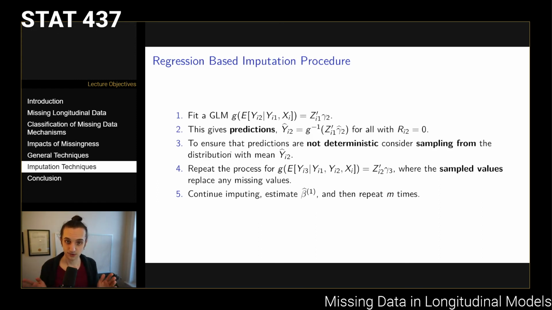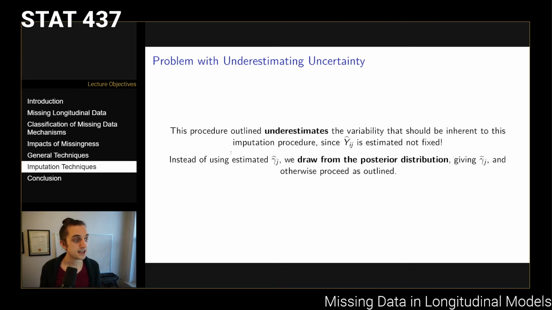Now, the problem with what we've just outlined here, this 5-step process where we fit a regression model, we sample from the distribution, and then repeat, is that we're actually underestimating the amount of variability. If you remember thinking back to your regression course, when you're plugging in a predicted value, you're going to end up with more variance than if you consider them fixed. The problem is that we're essentially treating yij hat as fixed values after we've estimated them,